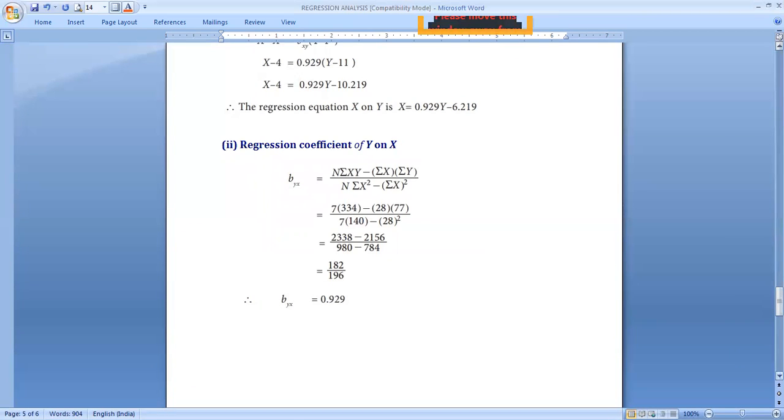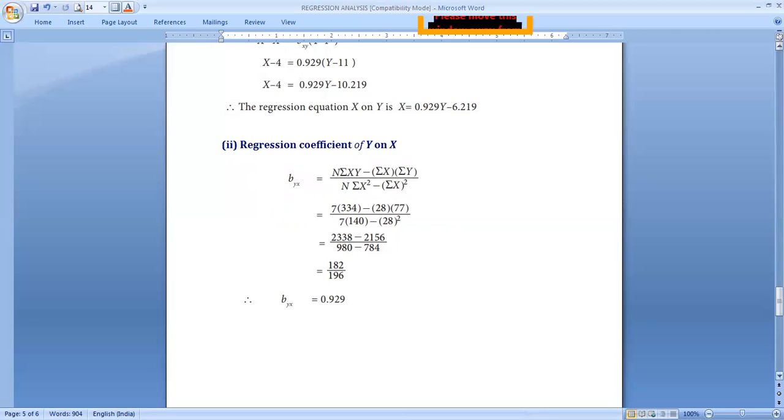Then n is 7, summation x square is 140, and the value of summation x is 28. When we put these values in this equation, b by x will become 182 upon 96 after solving, which can be further simplified, and we will get the value of b by x